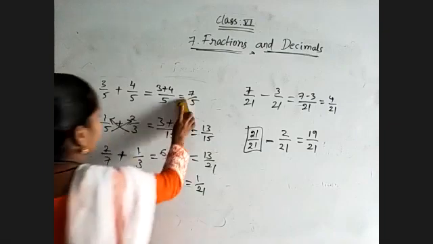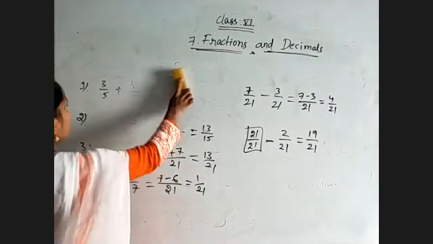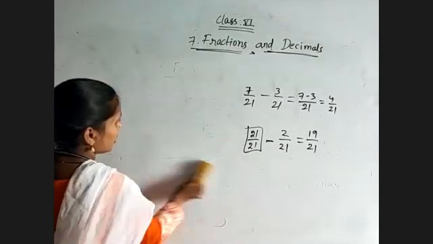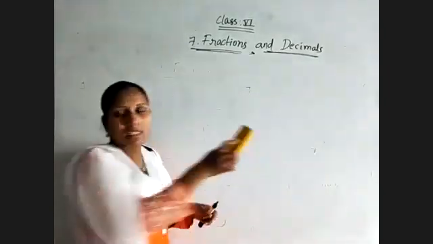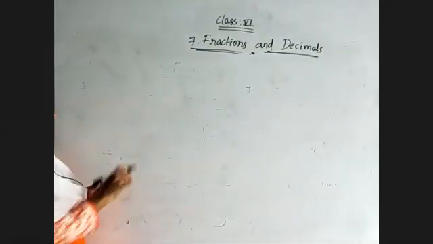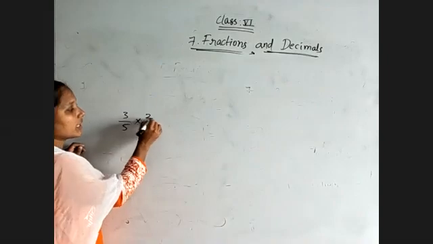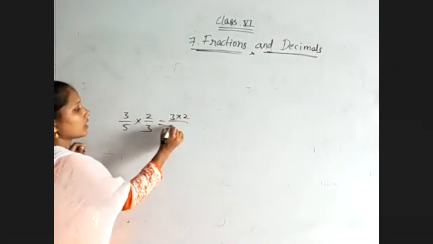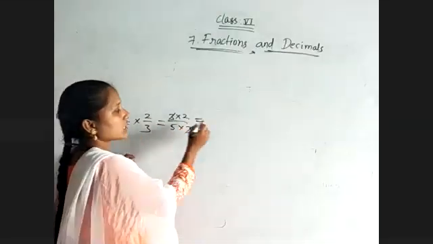And so suppose if I have multiplication between two fractions. So equivalent fractions we are doing just simple like that only, but instead of equal numbers we will get another number. For suppose 3 by 5 into 2 by 3 I have. That is 3 into 2 by 5 into 3. So which will be equal to 3 will get cancelled, 2 by 5.